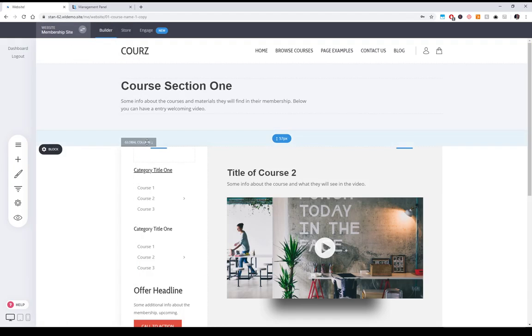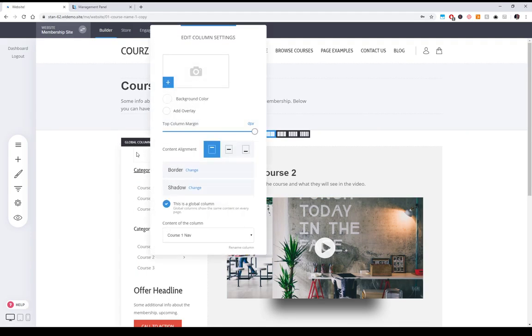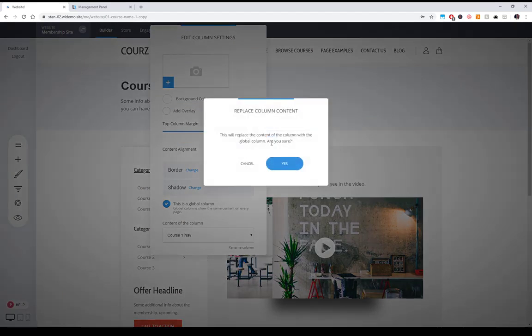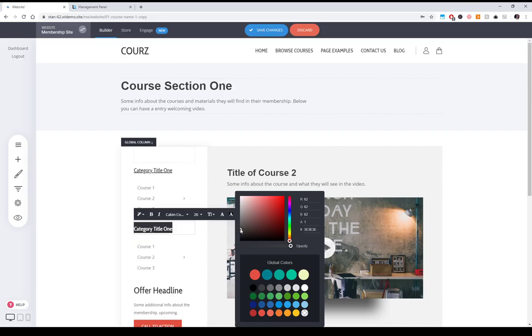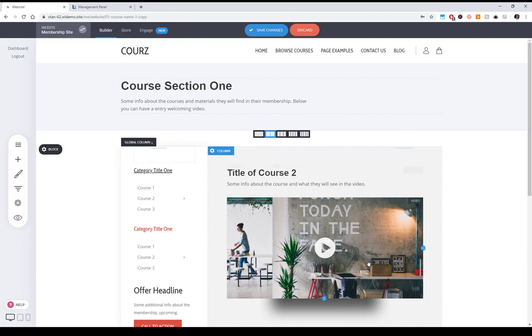So this is a global column, and you can see that it has this tag up top. So when you click on the column, you can make this for any column. In this case, we named it course 1 navigation. So you use this global column section here. So this means that it will take whatever design that you have for that column. So in this example, let's just change this to, let's say, let's make this text red just for the